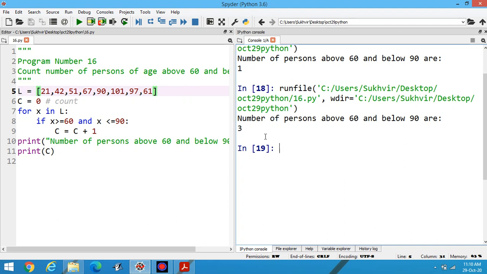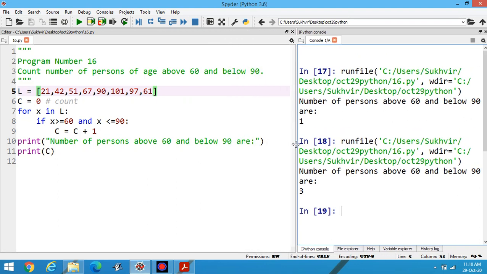But I would like to modify the program. This one is basically the first content. Suppose I have to enter the data from user side, then what to do? Let us try with that. First of all, we have to create the list from user side.